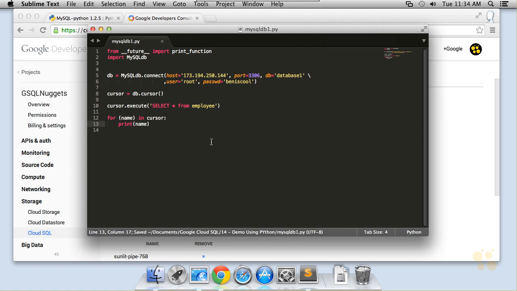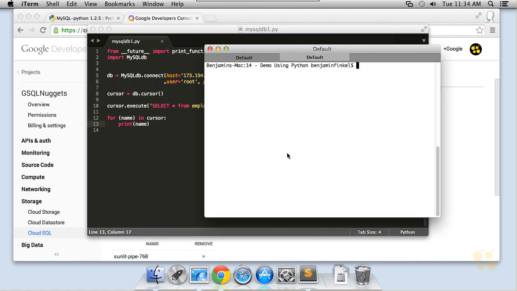And then if I bring up my terminal window and simply call python mysqldb1.py, bam, we see the results come out in the tuple from my simple statement. So using MySQLDB is really simple and straightforward. Really, the complexity in it comes in getting it installed and set up